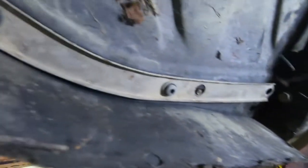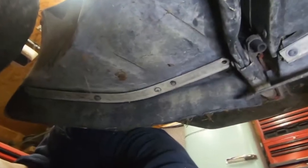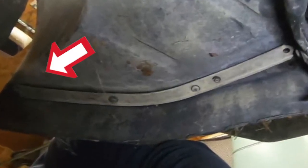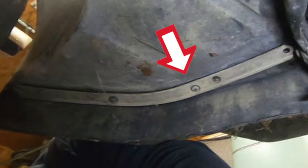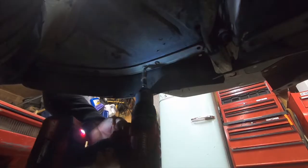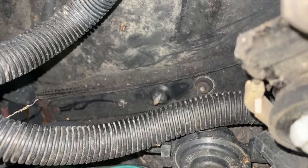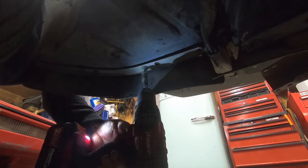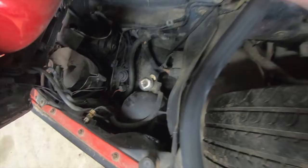Now we need to take off this bottom part of the inner fender. There are 4 T30 screws here holding this retainer bracket on. It goes into that inner fender and through the bumper, and also holds that air dam spoiler. Now the problem here is you can see I'm spinning that. Well, the nut on the inside of that is also spinning, so now you're going to get a 10mm in